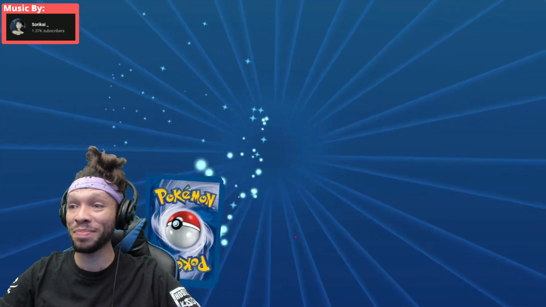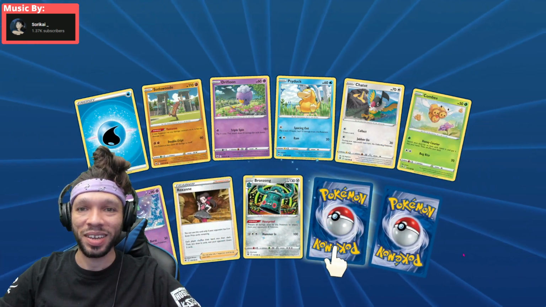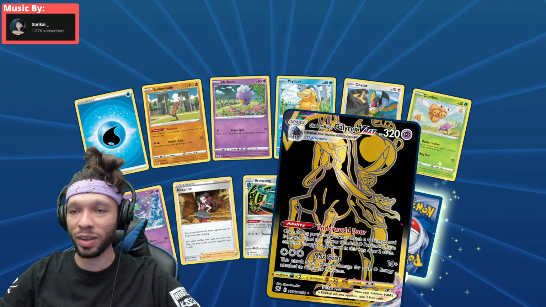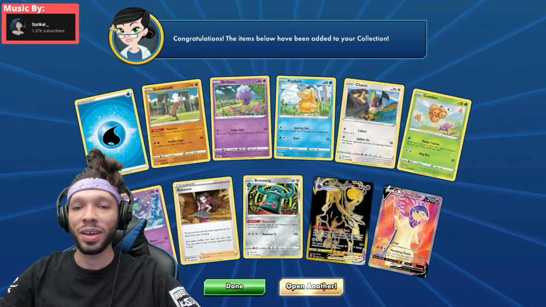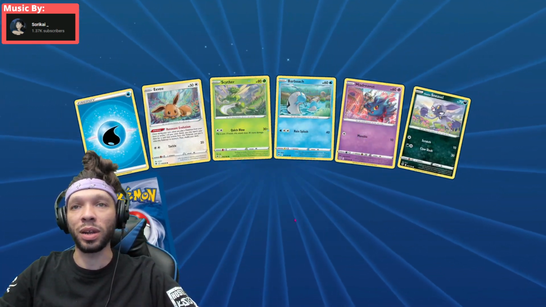We got 13 packs left, folks. Lucky 13. Let's see what we can get. No Palkia, no Dialga yet. We got the Shadow Rider Calyrex VMAX, the purple. Love it. Another Typhlosion V. No Typhlosion V-Star. So what I'm just going to do, for you all to know, is I'm going to get on the